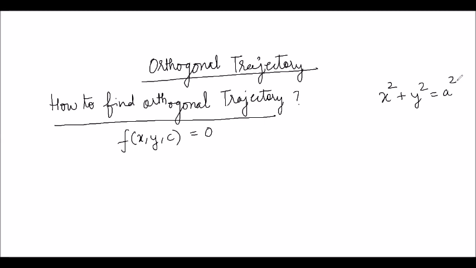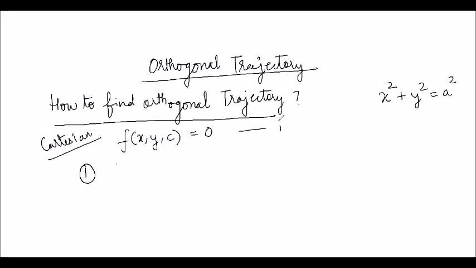So we will be having some equation of a family of curves. It will be involving some constants. So the first step for finding the orthogonal trajectory: this is a Cartesian curve, because we will be having two cases, when the curve is Cartesian and another when the curve is polar. First we consider the Cartesian case. So differentiate this and eliminate the arbitrary constant c.